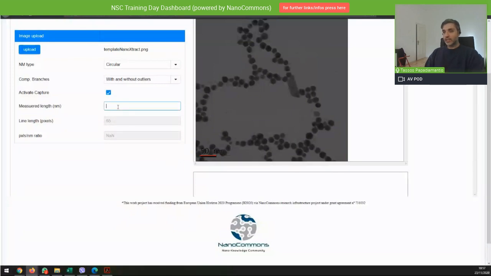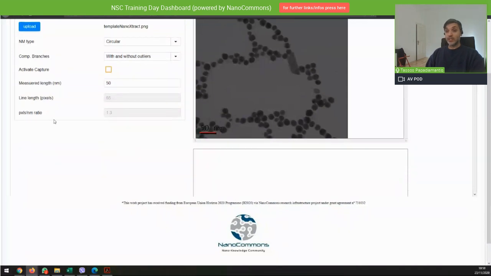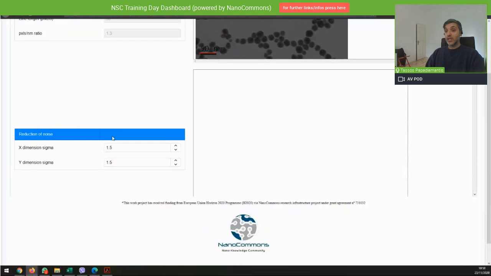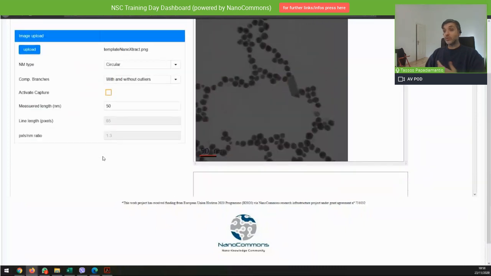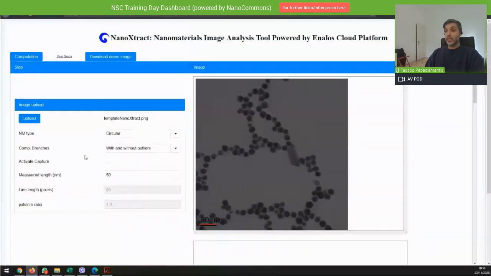Then we give the scale length, which is 50 nanometers, and deactivate capture. As you can see, it calculated the line length in pixels, the measured length that we gave it, and calculates the pixels to nanometers ratio. Then we can do a test run. We press the computation button on the upper left-hand side, and the image is being processed.